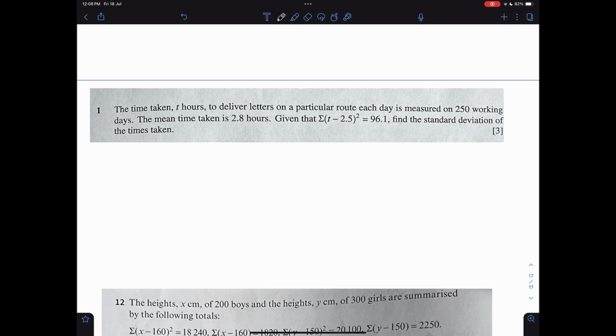Okay, so we know that the sum of x over n is equal to 2.8. And so we know that the sum of x over n is also going to equal the sum of (x − 2.5), we're going to use the same coding, that's very important, over n plus 2.5. So our coded one is going to be a coded mean, which is equal to the sum of (t − 2.5)